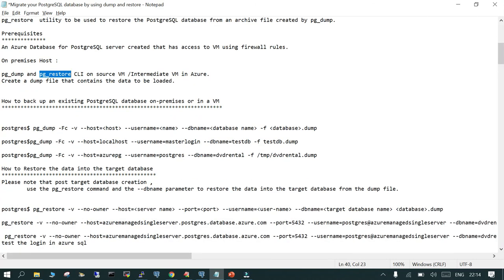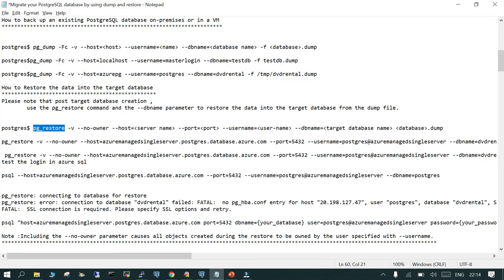And this is the command which we use to take the backup from the on-premises: pg_dump with the -Fc switch. We used the host name of the source environment, then the user, then the database, and the dump file. Then this was transferred to the middle server, which is the Azure VM, and then from there we use the pg_restore. So there are a lot of capabilities of pg_restore, and one of them is